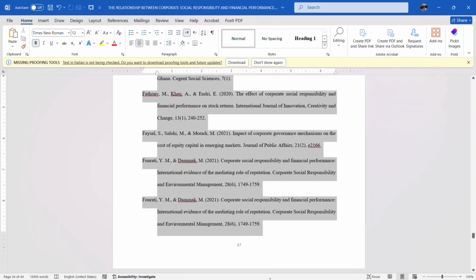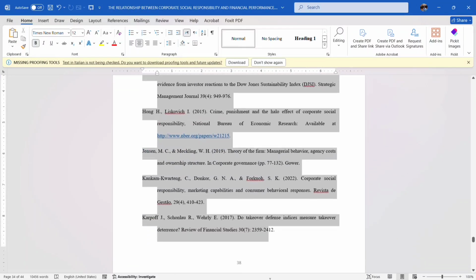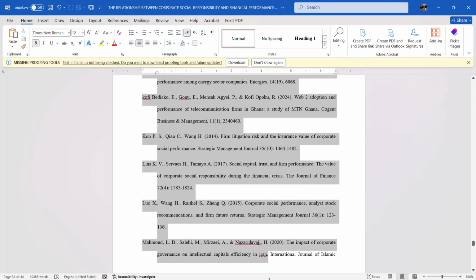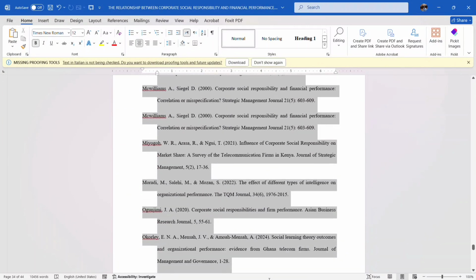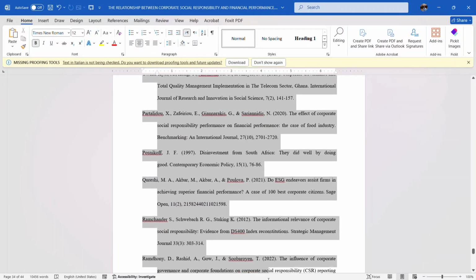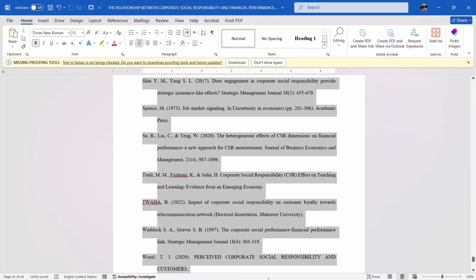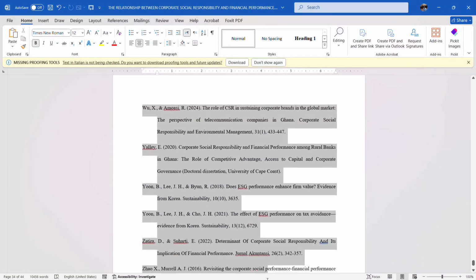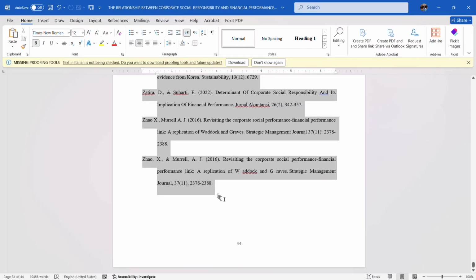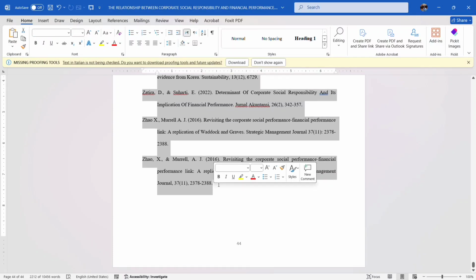We don't have to leave a portion of it. We just have to make sure that it ends at the very end of the referencing list. So just pay close attention and listen with rapt attention. So that is it. We are at the end of it. You notice that I left it at the very end of the last reference